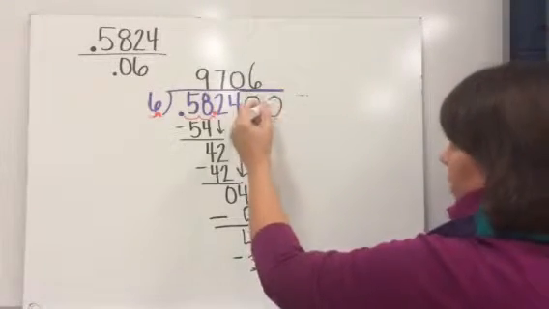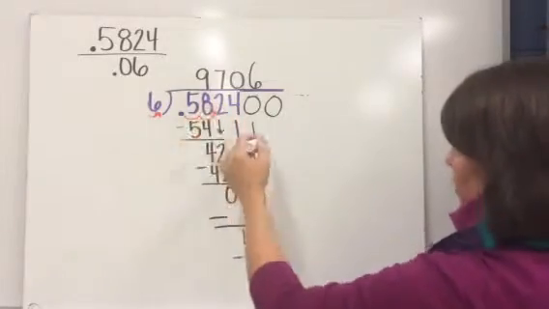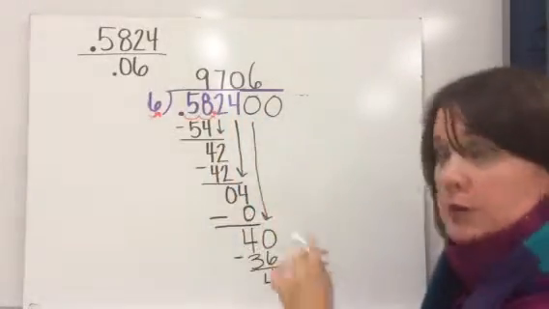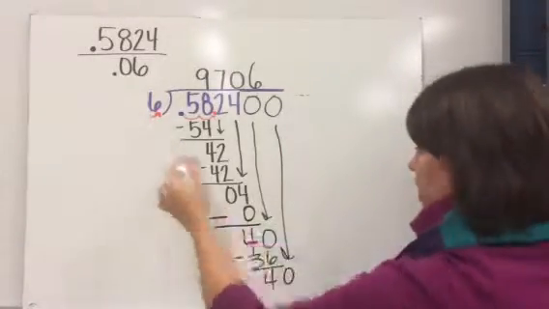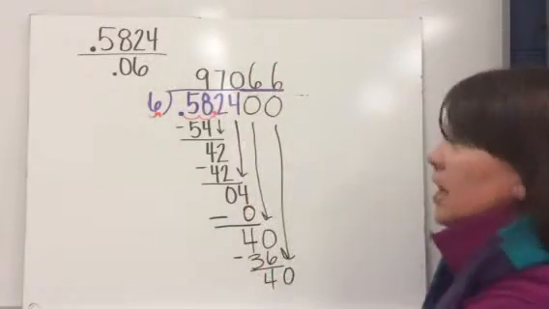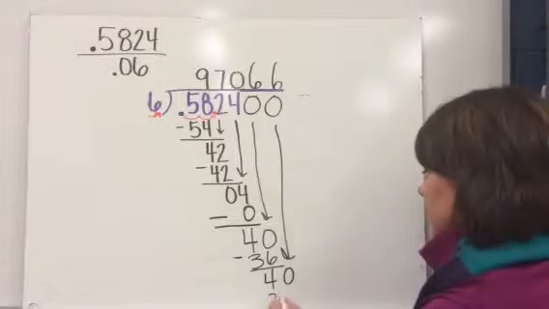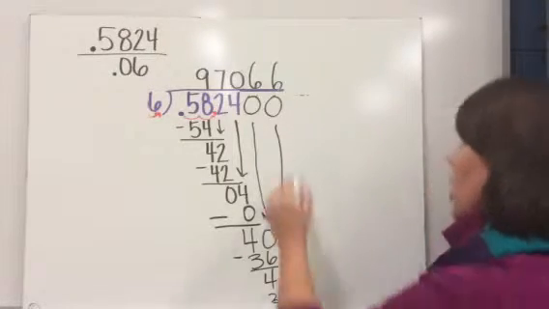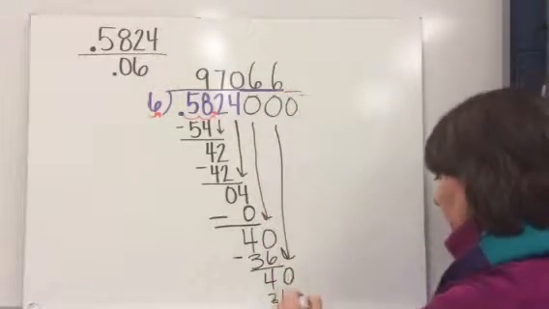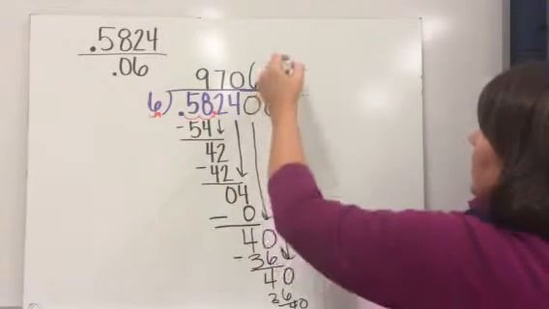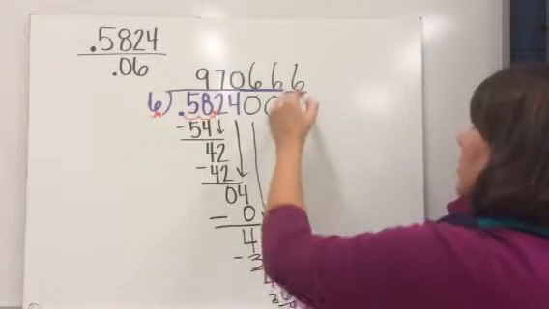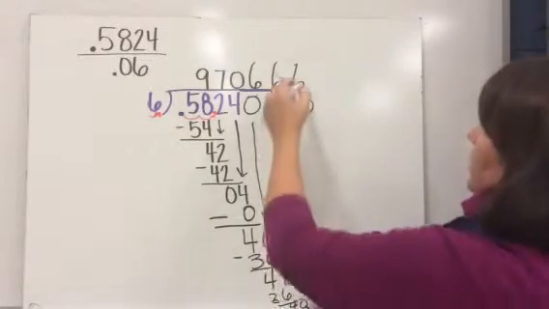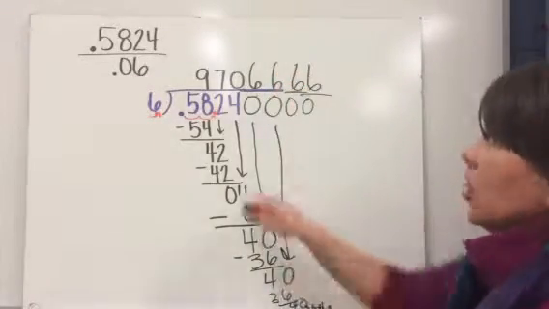So I add a 0 here into the dividend. Bring the 0 down and divide again. 6 goes into 40 6 times. 6 times 6 is 36. Subtract, I get 4. This could go on all day, and I'm still going to have that remainder of 4. So I keep on doing that, but once I realize that this is going to continue, this is called a